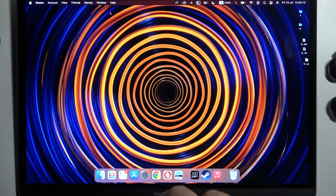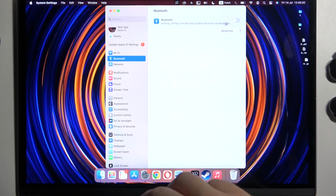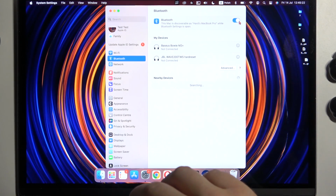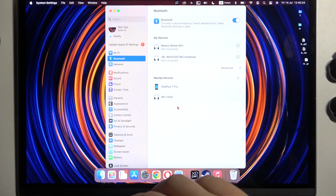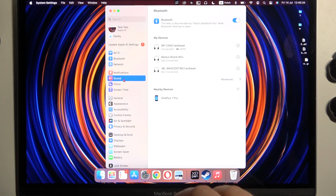So put them close to your MacBook, go to the system settings, open the Bluetooth, turn it on with the switcher, and then from the nearby devices list, select your Sony earbuds. As you can see right now, we are successfully connected, and in the end you can just open the sound